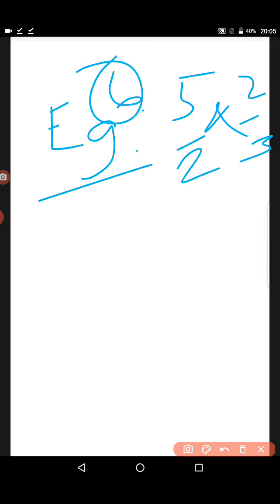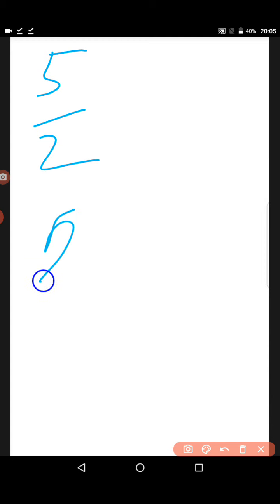Till now you will be able to find that, right? Next, take those two rational numbers, 5 by 2 and 2 by 3, and make the denominators the same. So it is 3 by 3,